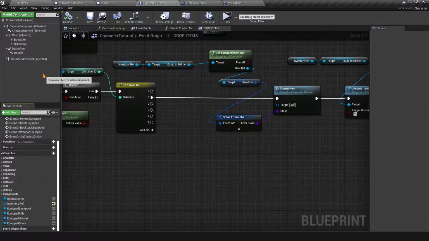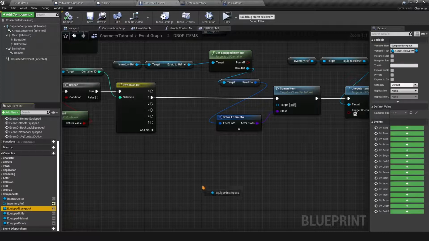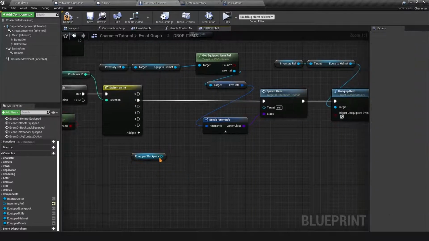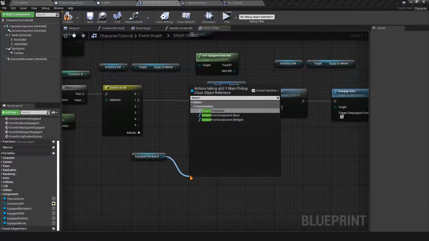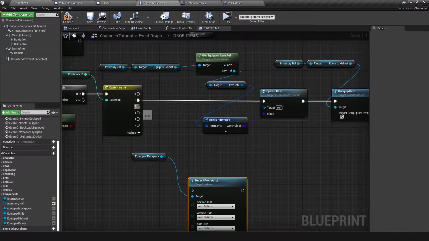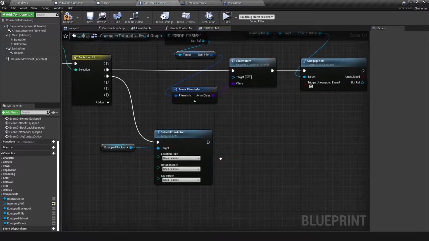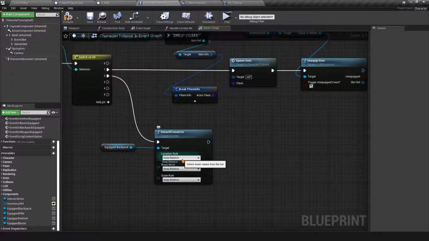But ideally you would probably just want a normal skeletal mesh, just like the boots and helmets, instead of having like a backpack be attached to the character. Just makes things a little bit complicated. But for our case here, we're gonna use the backpack reference that we have and move it in front of the character. So we're going to detach from the actor. Okay. So detach from the target here. So keep